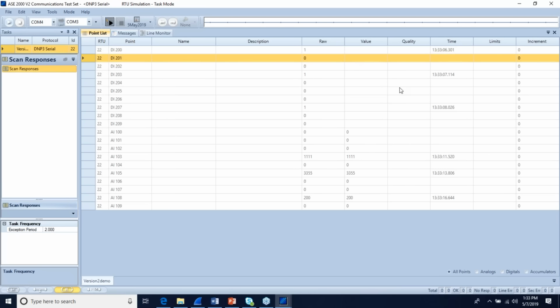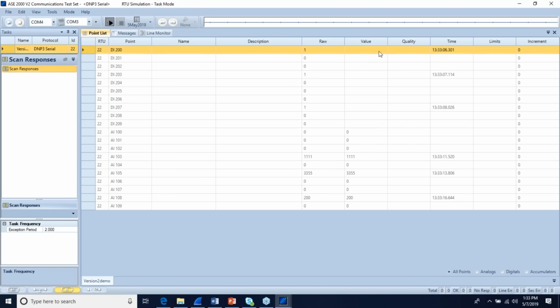I also have the ability to scale. Under my point options, I could add some scaling options here and see either raw or both raw units and engineered units. You've got a quality timestamp, or a quality field. There's a timestamp field, upper and lower limits that you can define for analogs or binary states that you can